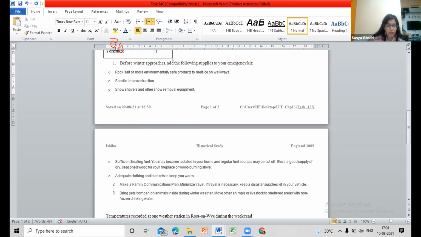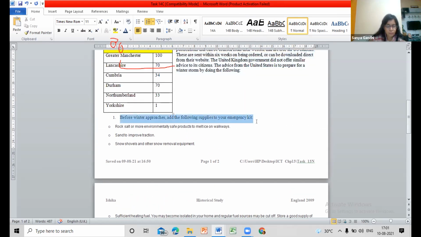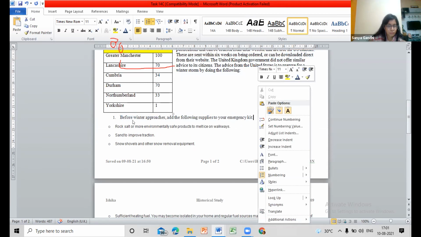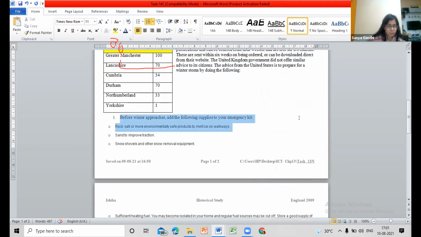Can you select this part, this line? Yes. That's it. Now your indent, that is left indent, should be on the 1. You understand? Your left indent should be on the 1.